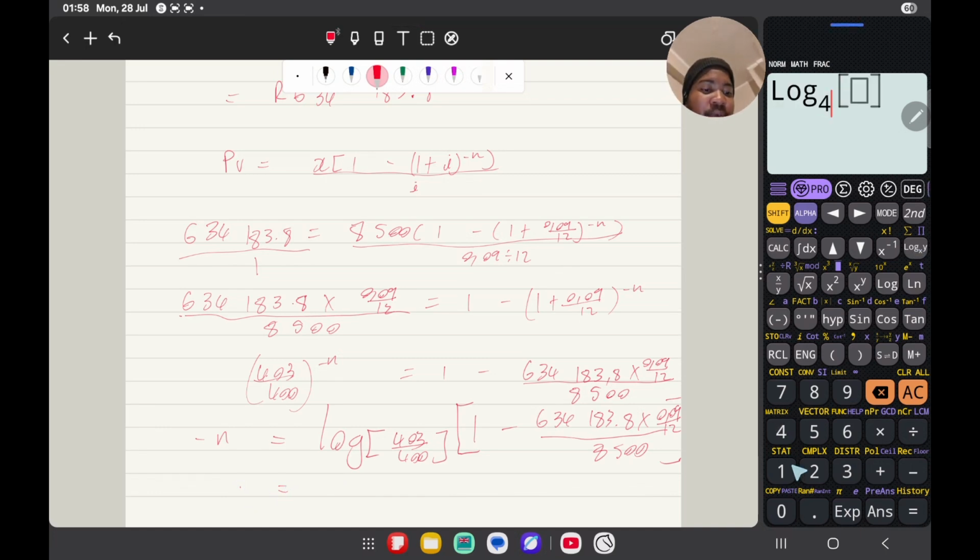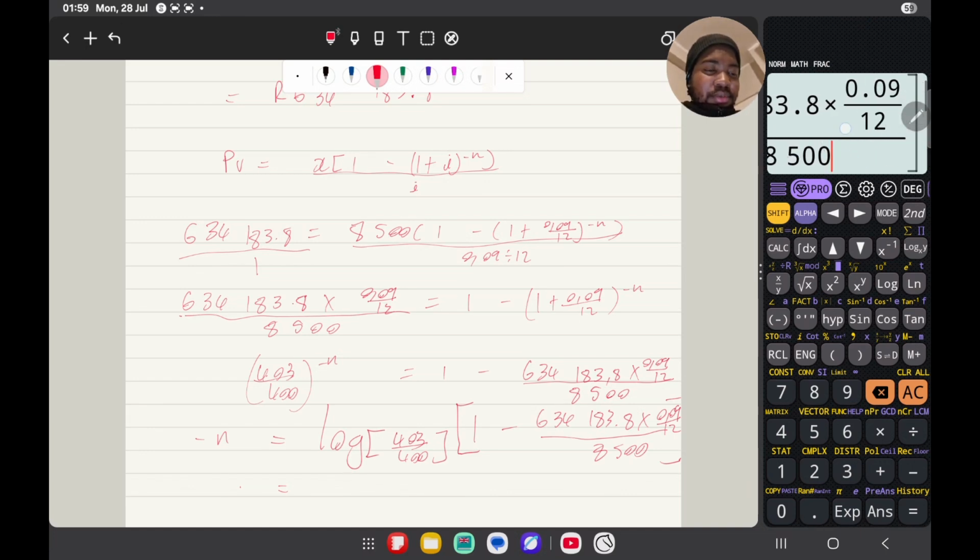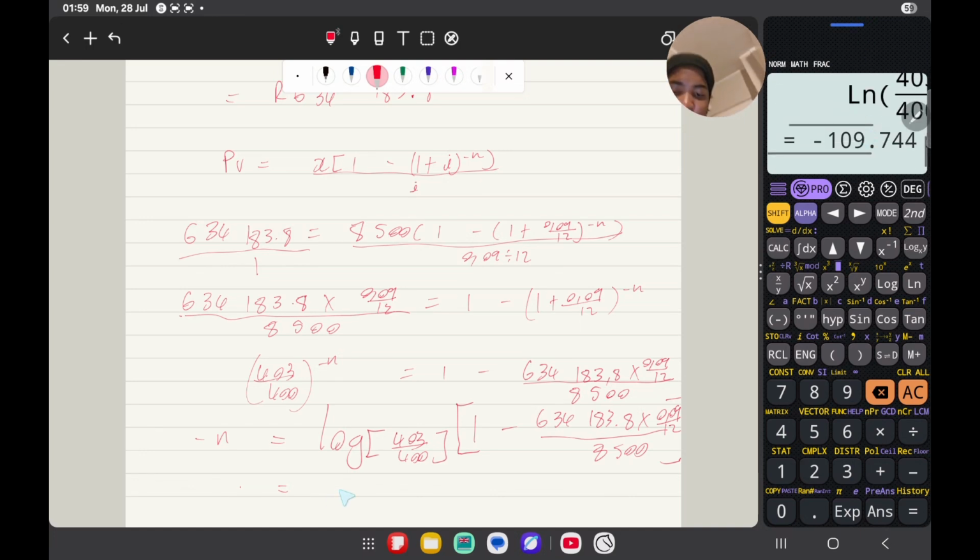So log base 403 over 400 of 634,183 times 0.09 over 12 over 8,500. All right, and I am getting minus